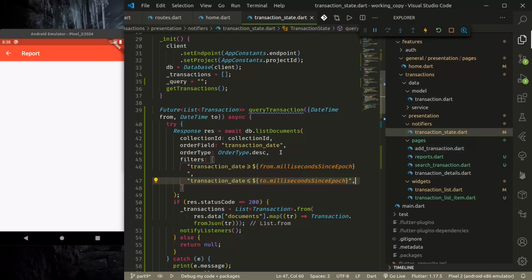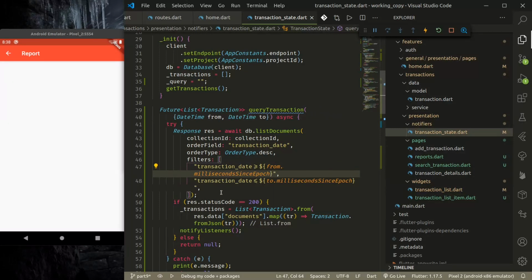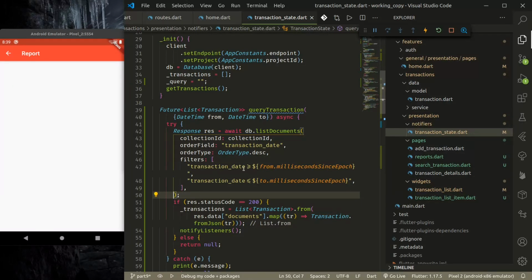So this will ensure that we get the transactions between from date and to date. And right now the array of filters are joined as AND. So these two filters are joined as AND when Appwrite does the query internally. But later they are adding support for OR combinations so that we can do advanced filters. But right now this is sufficient for us,